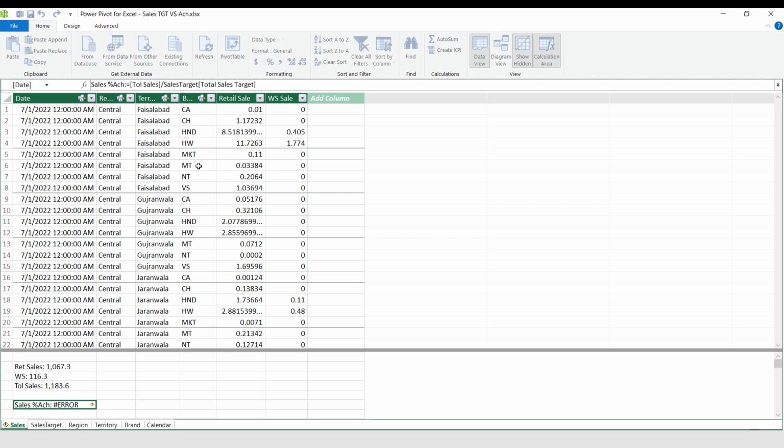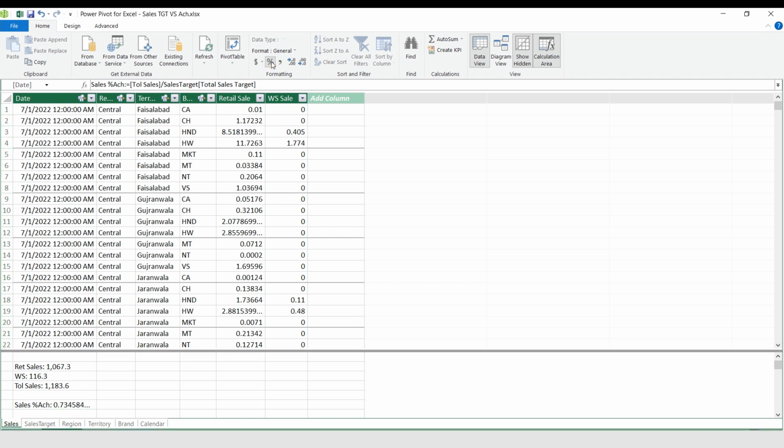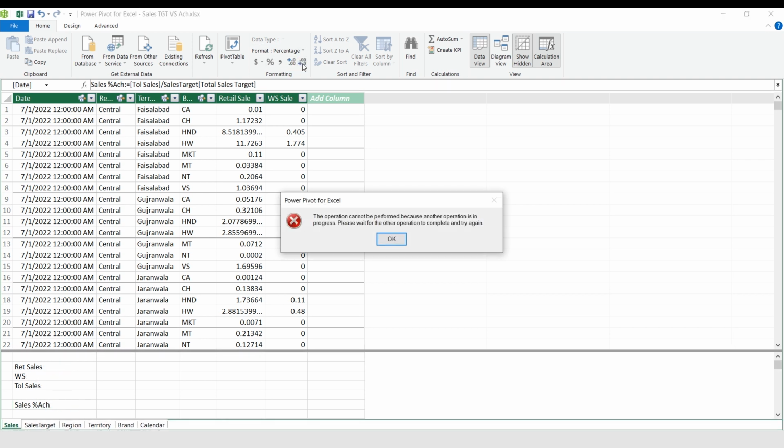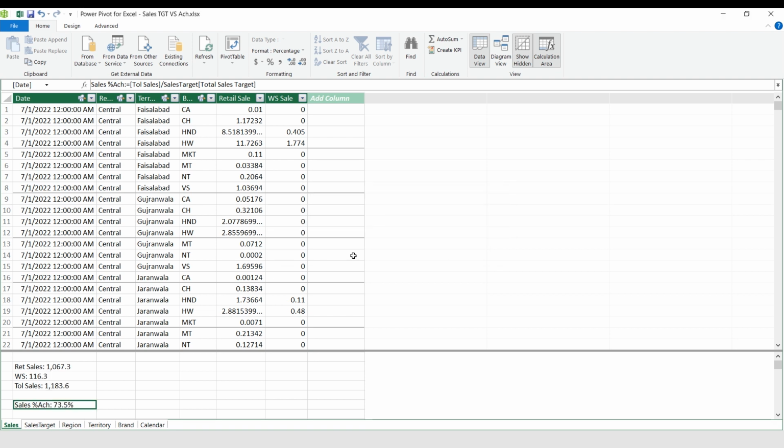Total sales target, press enter. So the percentage of the achievement is 73%. Removing both decimals. So 73% is the achievement towards the target.